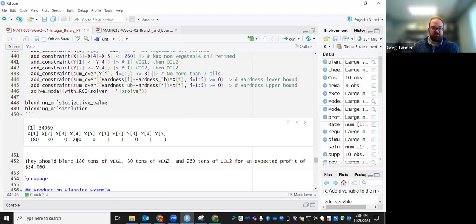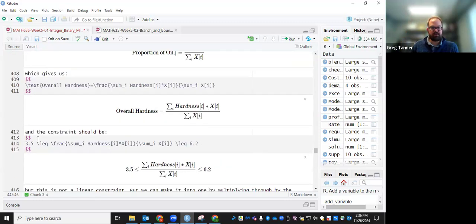Okay. Notice that since we did use the vegetable oils, X4 was forced to be positive, or actually Y4 was forced to be 1, which then forced X4 to be at least 30, but it ended up going up to its maximum, and we ended up not making any of X3 or X5. Okay, interesting that we made both the 2 vegetable oils. I think that actually had to do with the blending constraint, because if you look at the hardness of the oils,